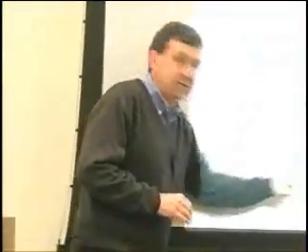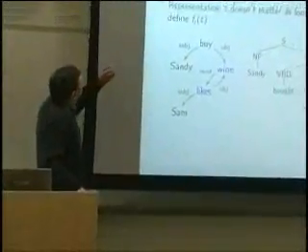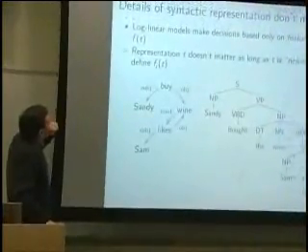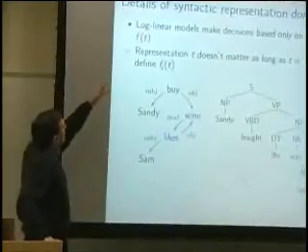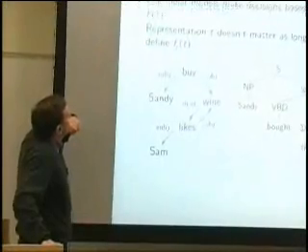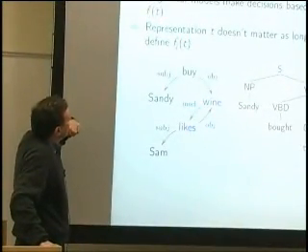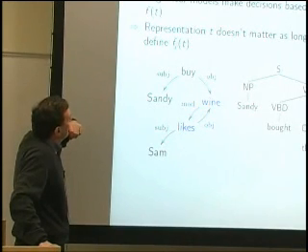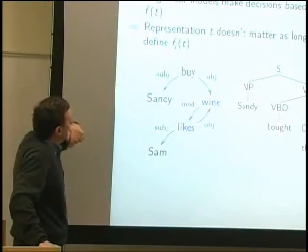I mean, these are two different distributions, right? Okay, all right. Next thing, and this is kind of the last point I really want to make in this general introduction, is that starting to think this way actually led us to realize that these models are really only making decisions based on the feature vectors that are computed from the trees. And so the actual choice of the representation really doesn't matter as long as the tree is rich enough to actually define the features that we really care about.